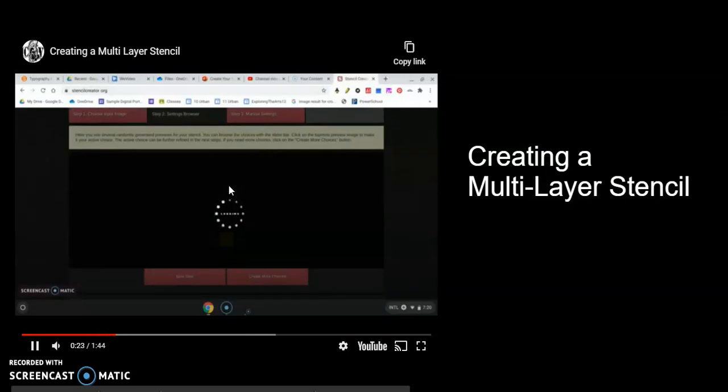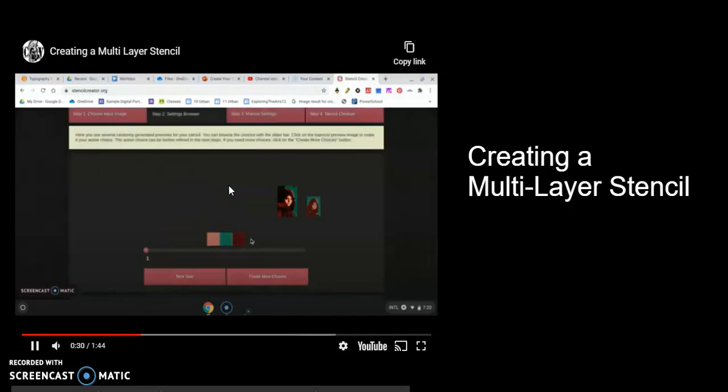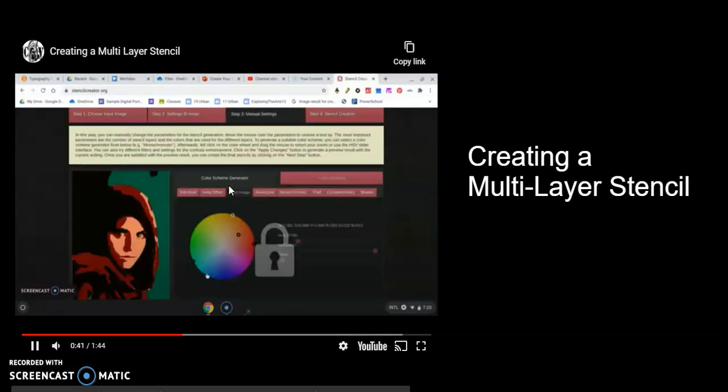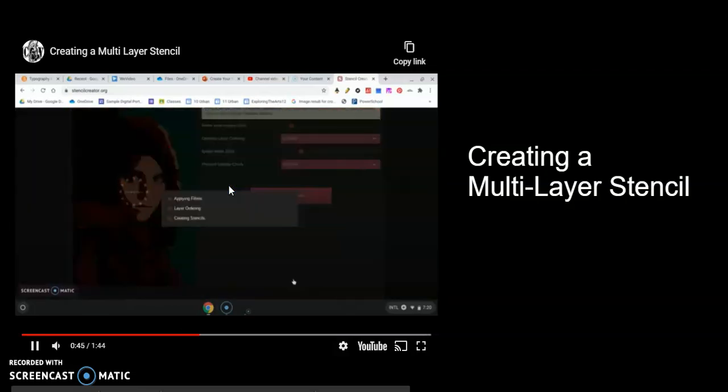Ideally, you want something that, well, it depends. You can have something with 2 different ranges of value, maybe 3, maybe 4. So just flick through them and find the one that you like the best. This one here has 4 different layers. And you can see this one wouldn't work as a black and white image. If you like that, go ahead and go to the next steps, and it will actually create a high